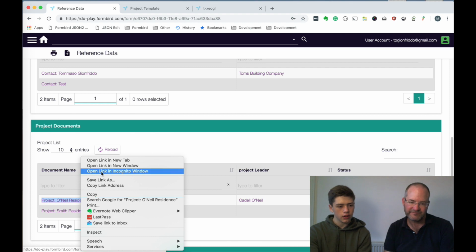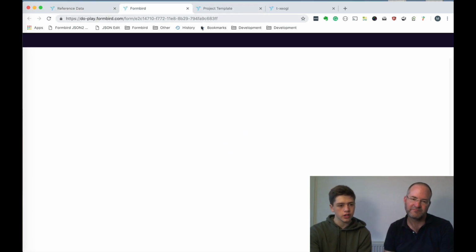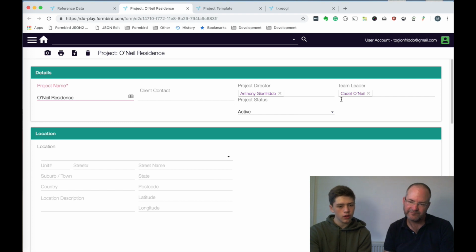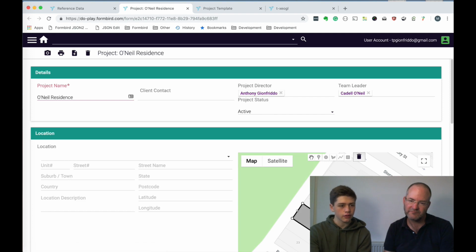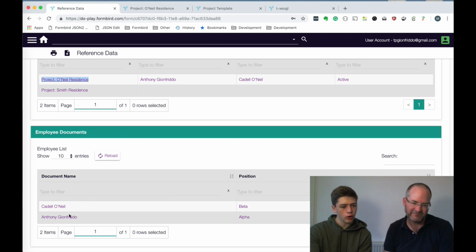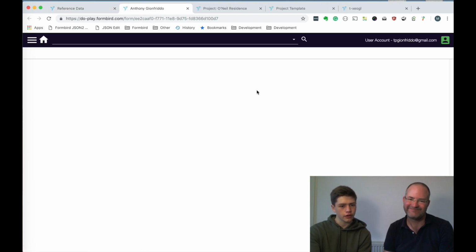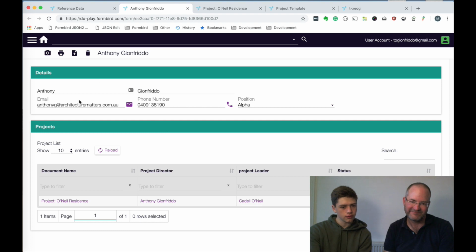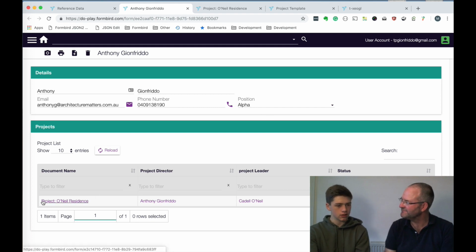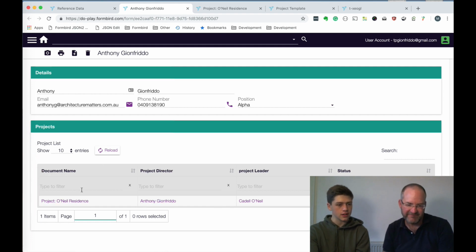So I think if we look at a project, for example, you can see that we've got a project director and a team leader. Now, say, just take Anthony John Frito, for example. So you can drill down on there, can you? Or no, you set it up separately? Oh, actually, no. If I open the employee document for Anthony John Frito, you'll see that he's got contacts, a position. So it's just a hierarchical system, and then you can see what he's actually in. So you can see that he's on the project as a director. And that's one of his projects? Yes, it's the same project that we were on.